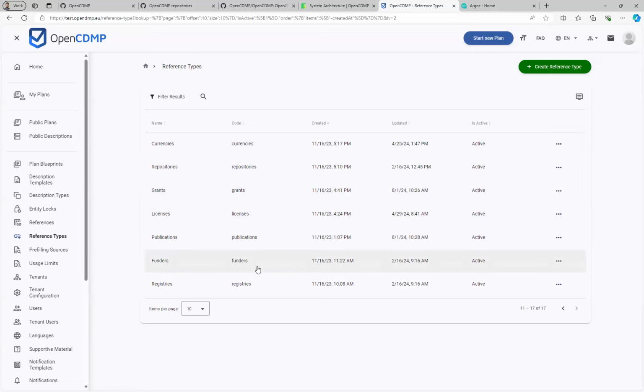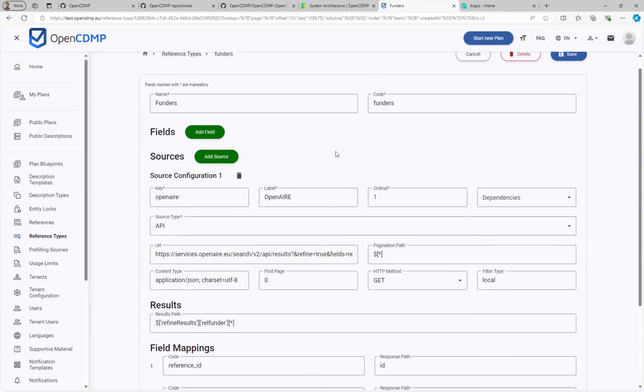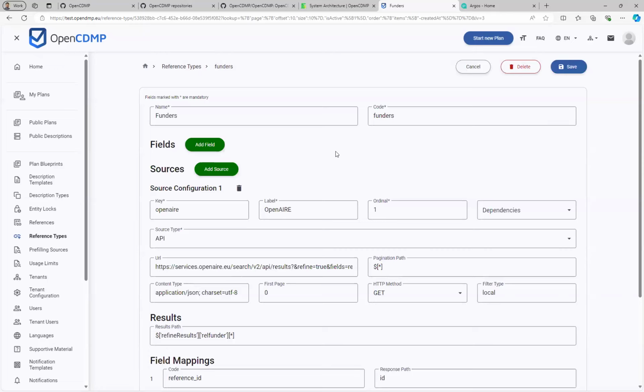How do we configure them? Let's have a look, let's say, at the funders, for example. It's kind of technical, so I don't expect the non-technical audience to feel comfortable with what I'll present now, but the bottom line is that all this is configurable through the user interface.